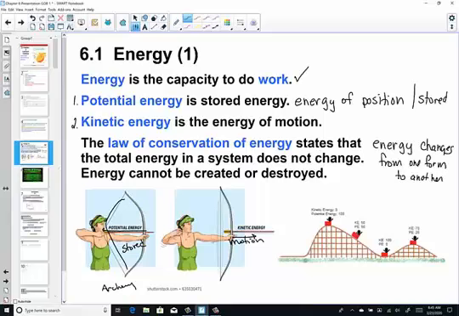And I like this diagram too. Here we are at the very top of a roller coaster hill. So 100% is stored energy, the energy of position, gravitational energy here. And then of course you start to go down the hill. About halfway, you have half kinetic energy, half potential energy. And at the very bottom of the hill, 100% kinetic energy because there's no energy of position any longer. So at the top of the hill, stored energy, and when you're in motion, kinetic energy.